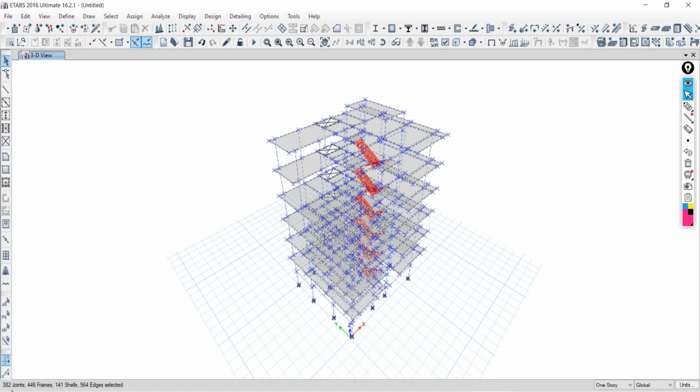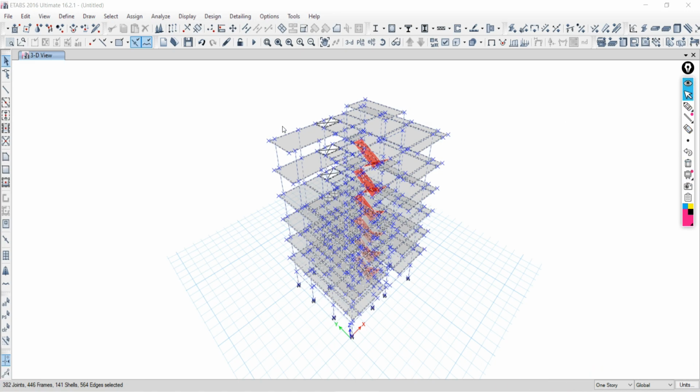See, 382 joints. Always keep in mind, while working with the ETABS software, your concentration should always be on the left hand bottom side and right hand bottom side. Why? I will take this later, and with the ongoing discussion you will understand.